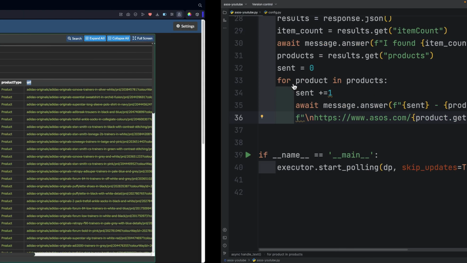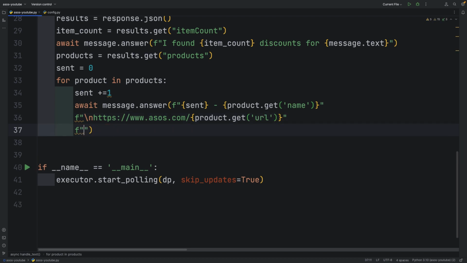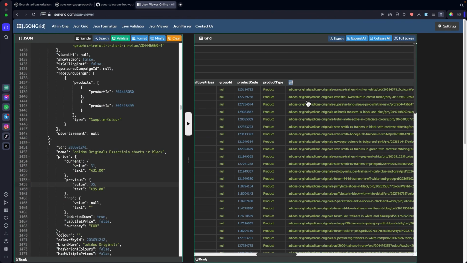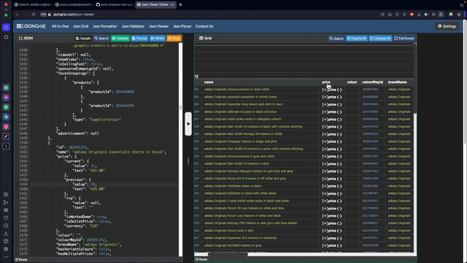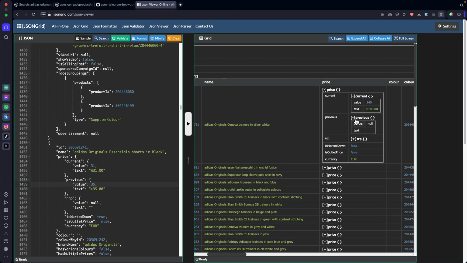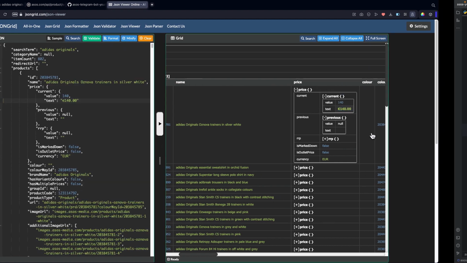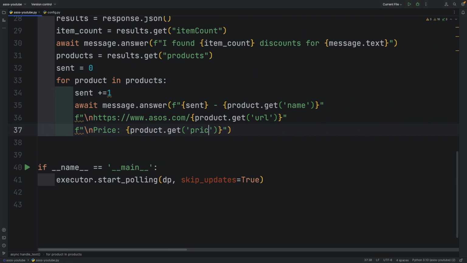Next, we will include the product price. The price has a few attributes, but we are interested in the text value, which can be found inside the current or previous attributes. So in our code, let's get price.